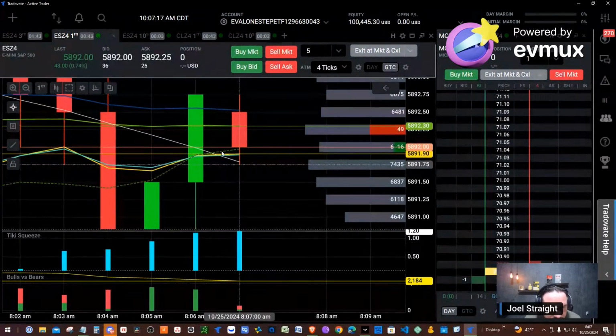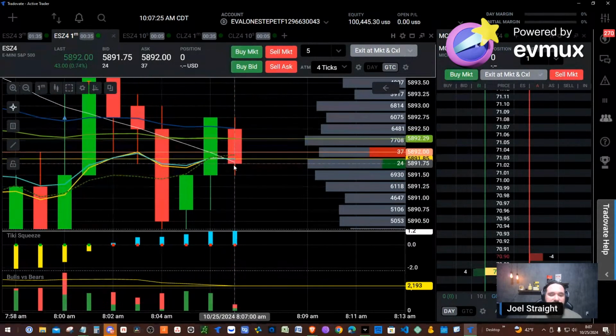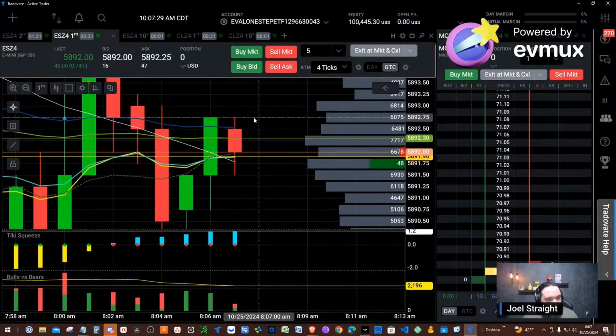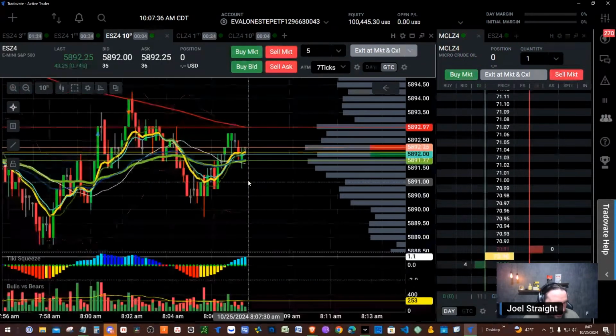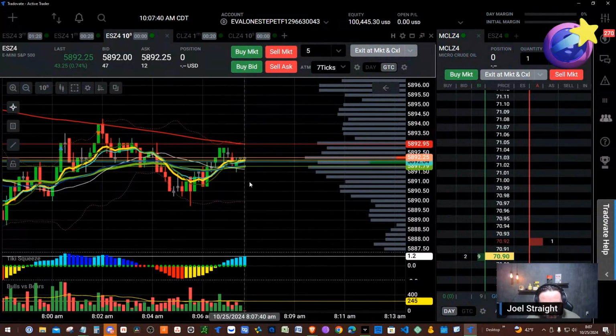So we got this 9, 12, 26 cross here, but I can't really necessarily trust it yet. Like, we need to see these moving averages begin to eclipse the 50. On the 10-second side, we've got this 5200 cross inbound. So